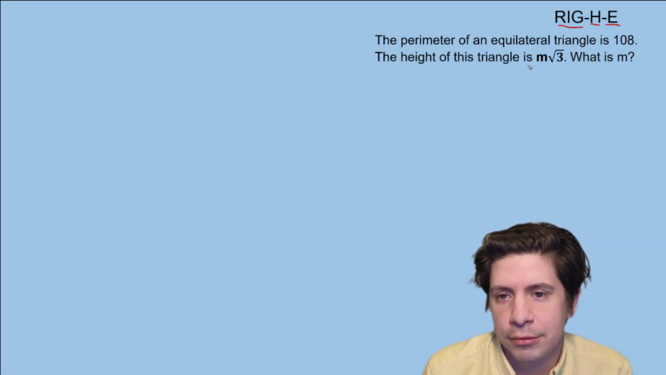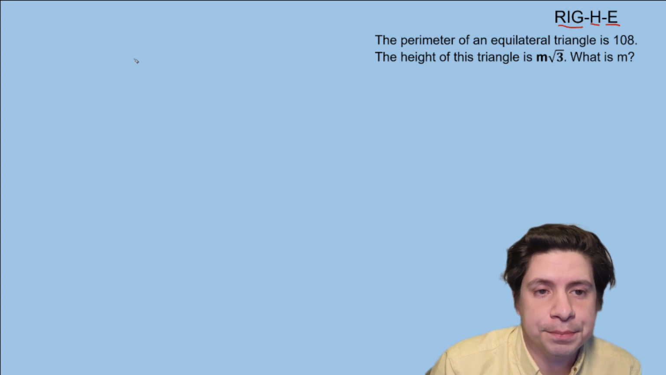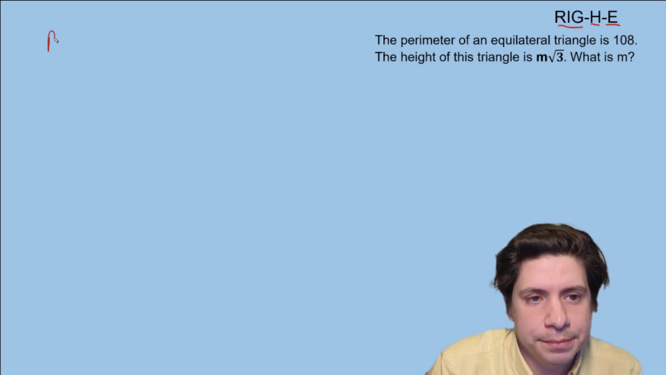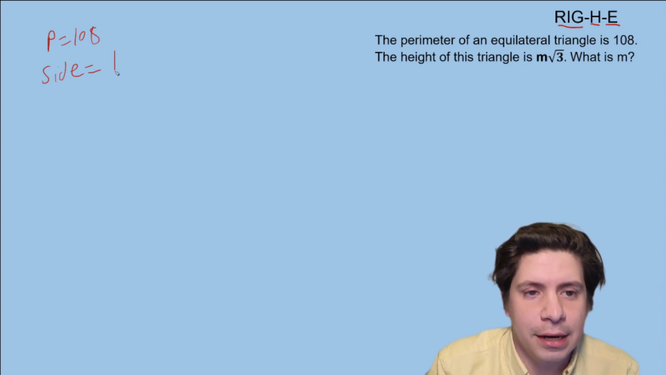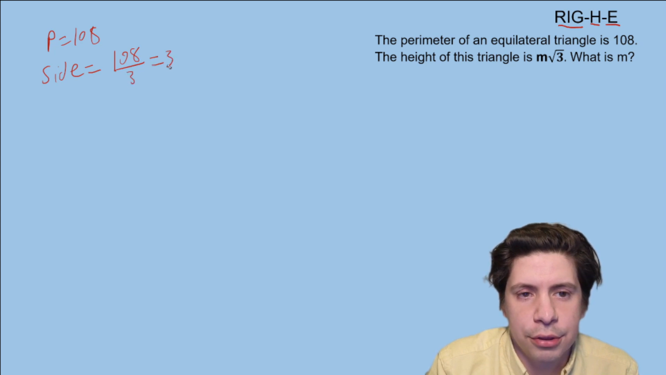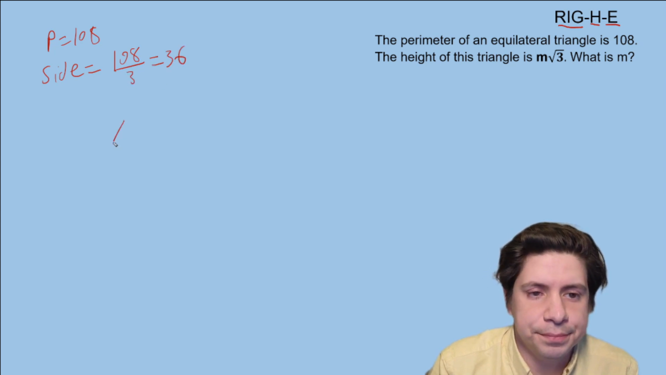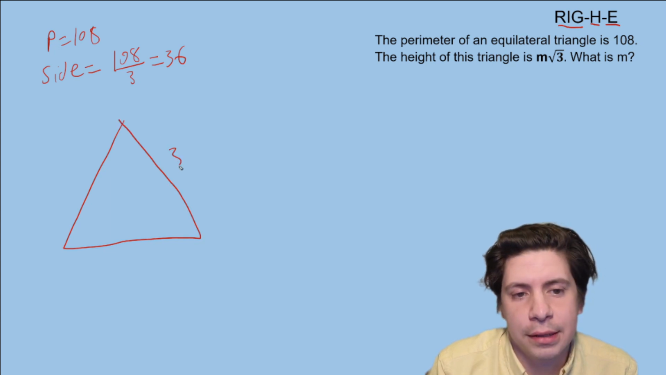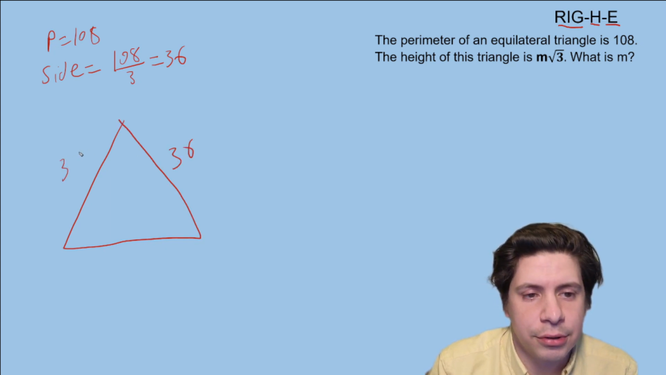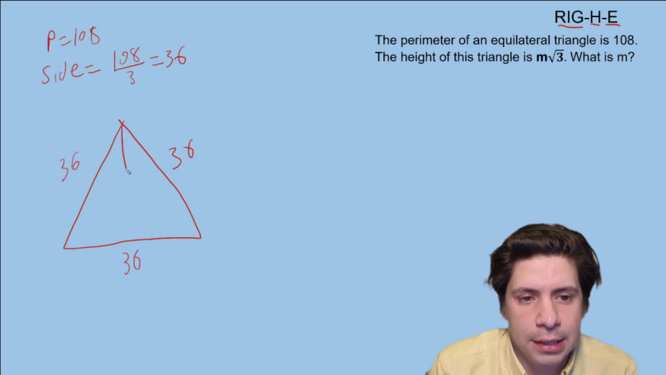The height of this triangle is m root 3. What is m? So the perimeter is 108. Then side length, because they're all equal, right, we just divide it by 3. And that will get us 36. So if we imagine a triangle, every side is 36, 36, 36. We draw a line down for height,